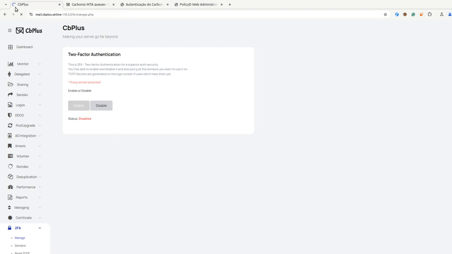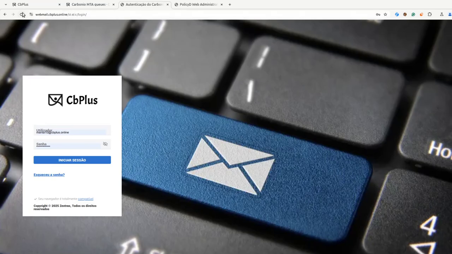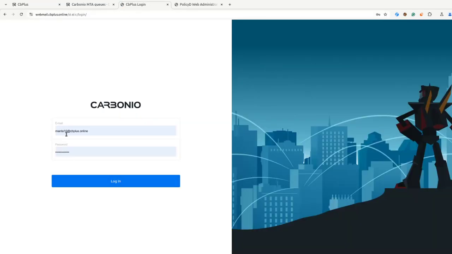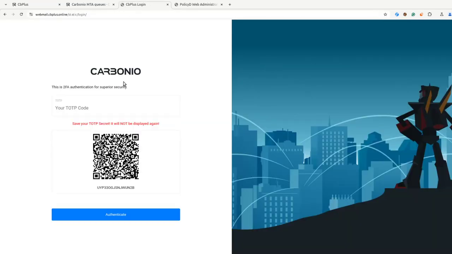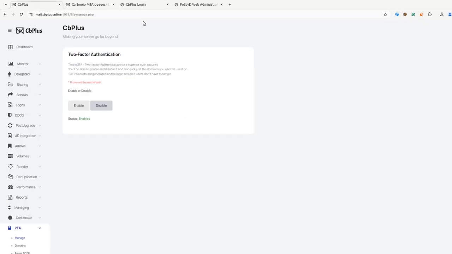And once this little thing over here is done, in a moment, you will have a new login interface that brings in the 2FA system, so you can use an app or a website to log in using the TOTP code. Pretty